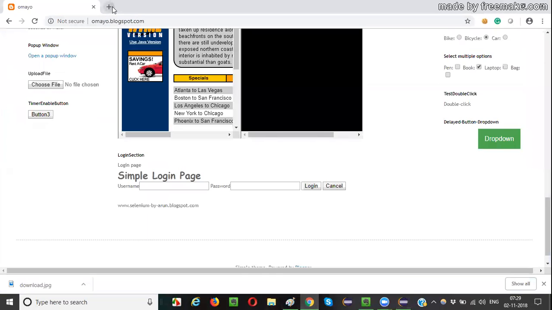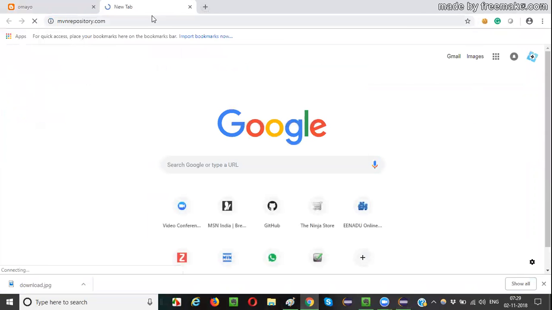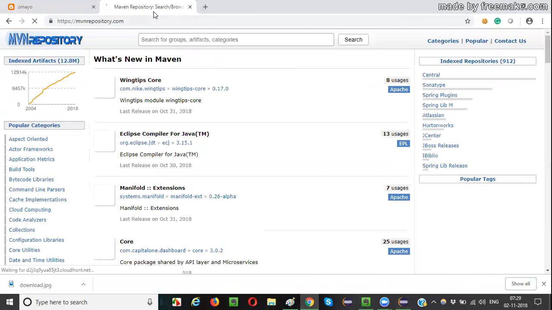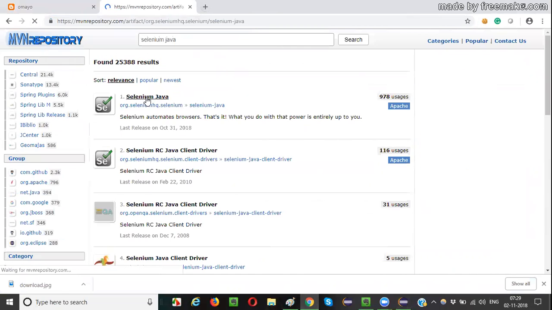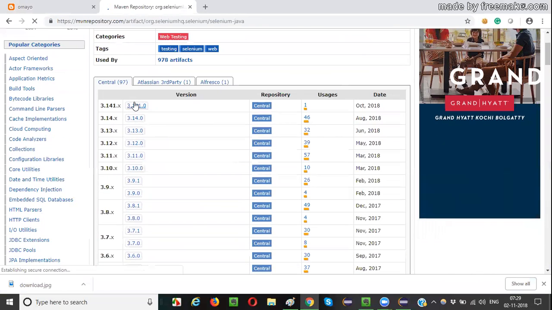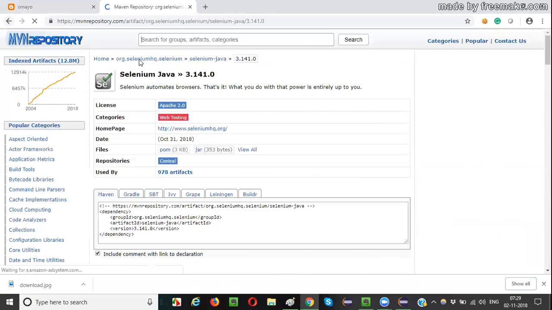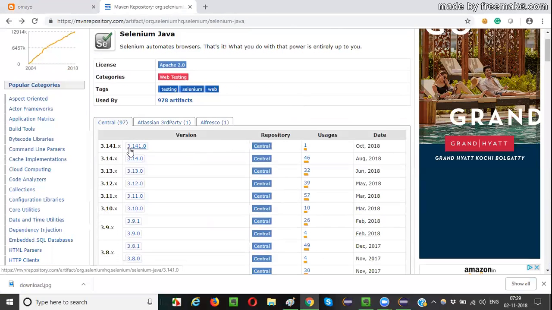For that, I will open the browser and go to mvnrepository.com. I'll browse for Selenium Java. Click on Selenium Java. This is the latest version. Sorry, go back. Some other version 3.141 got released.